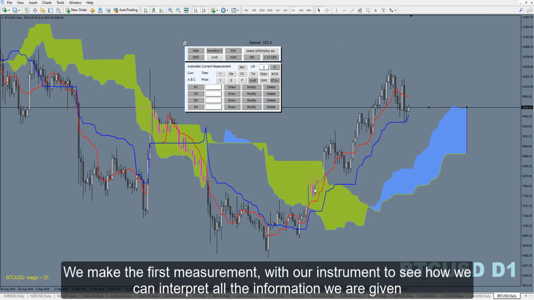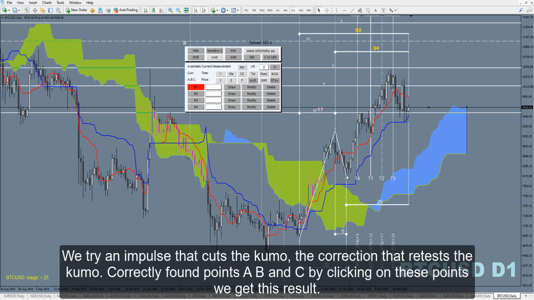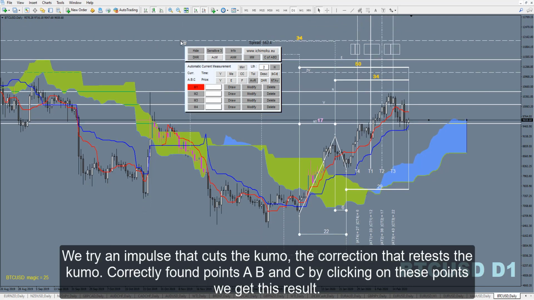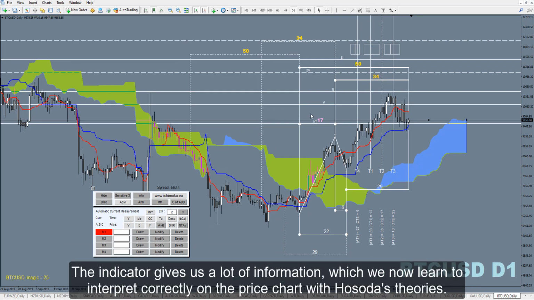We make the first measurement with our instrument to see how we can interpret all the information we are given. We try an impulse that cuts the Kumo, the correction that retests the Kumo. Correctly found points A, B and C. By clicking on these points we get this result. The indicator gives us a lot of information, which we now learn to interpret correctly on the price chart with